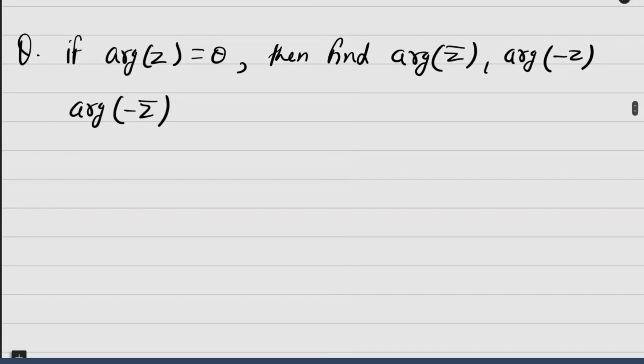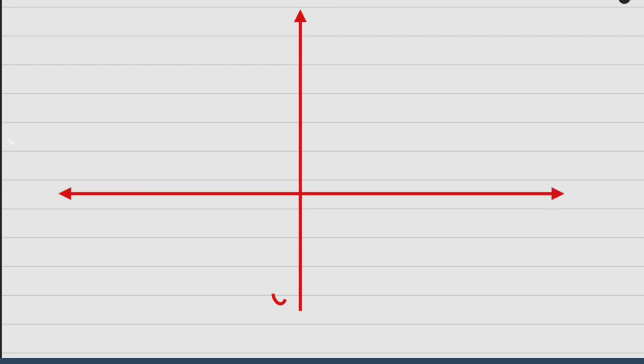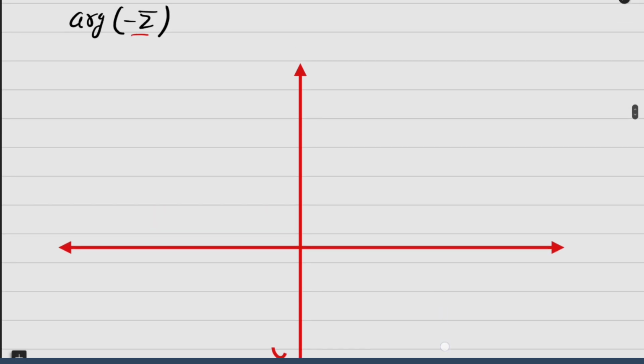So here is one question. Let us solve that one. The question is, if argument of z equals theta, then find the argument of z conjugate, argument of minus z, and argument of minus z conjugate. First I represent this on the Argand plane. Let us say this one is the origin, and here is a complex number z. It makes angle theta with the positive direction of the x-axis,